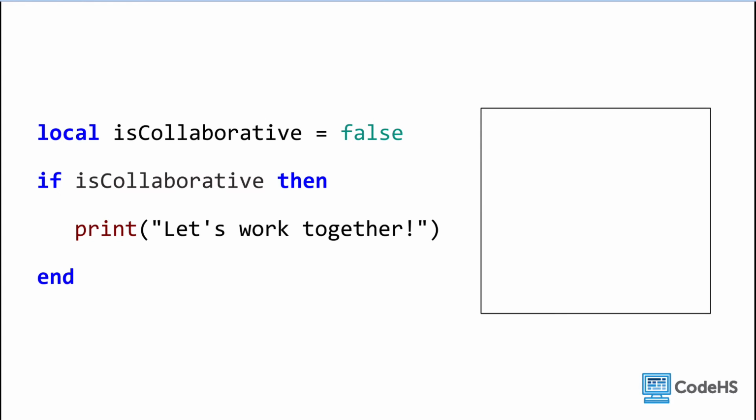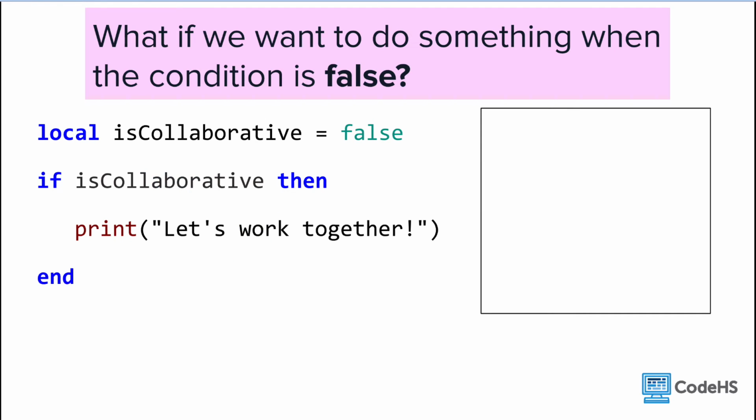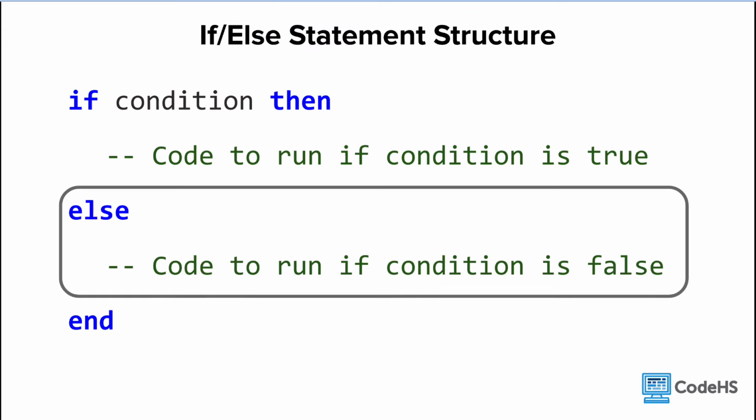When we run our program, nothing happens. This is because our condition is false, so we don't run the code inside of the if statement. So what if we want to do something else if the condition is false? We can add an else portion to our if statement to make it an if-else statement. We add the keyword else, and then indented below it, we include the code we want to run if the